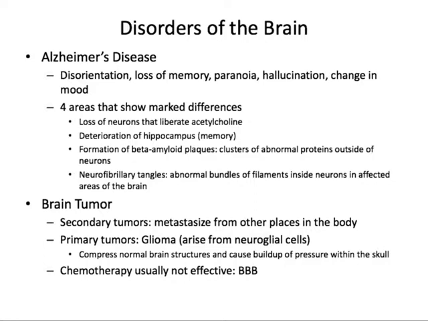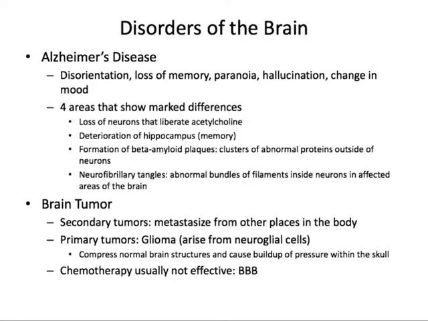In the brain itself, there are 4 areas that show differences. First of all, there's going to be a deterioration of the hippocampus. And again, the hippocampus is involved with memory, and so the loss of memory is a hallmark of Alzheimer's. We also get the formation of beta amyloid plaques, and these are abnormal proteins that